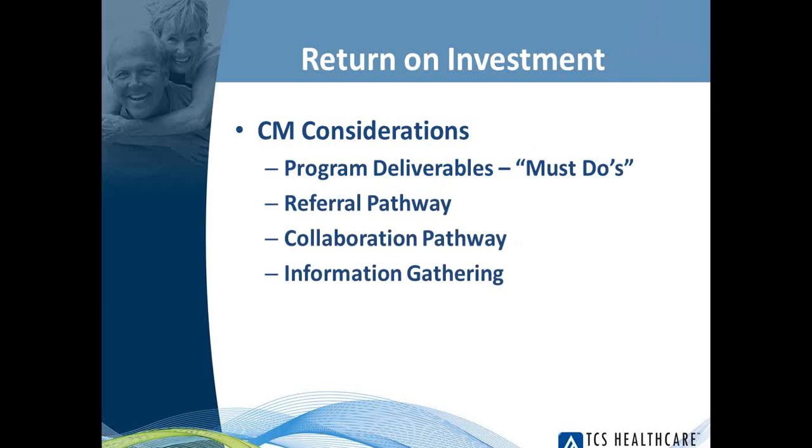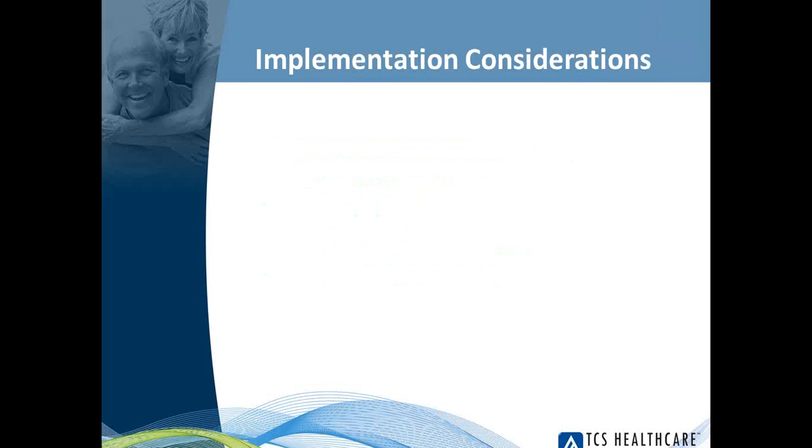Okay? So switching gears here a little bit, what does all of this mean? So you make the decision that, yes, this product does have a high probability of a good return on investment. You're opening up these pathways. You've got information flowing from inside the walls to outside the walls. You're collaborating. Well, how do you make all of this happen? Well, there has to be a successful implementation.